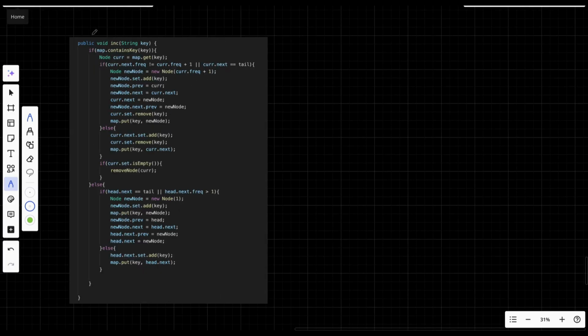Now let's look at our increment function. We get the key as the input. Now there could be two cases: where the key is already there in the map, that means that it was added earlier, while the other case is when the key is not present in the map. Let's look at the case when the key is not present in the map, that is the else case. So if that is so,